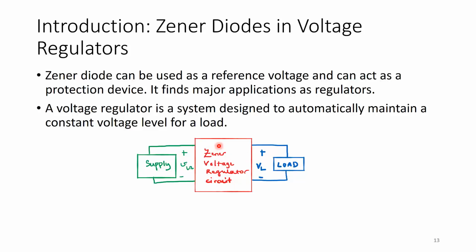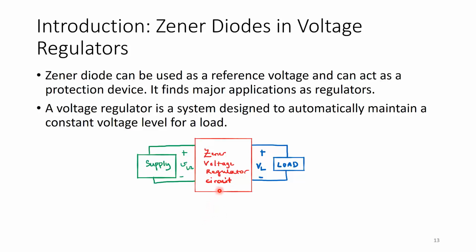So let's say I have a Zener voltage regulator here, accepting a voltage from a supply, and the supply may have some voltage variations across it, or the load itself may have some different behavior under different conditions, or different loads for different times. But if we have a Zener voltage regulator, it can be designed such that whatever variation you have within an acceptable range of the supply, the load still gets VL, or whatever resistance this load is for whatever different kind of load that we put here, the voltage across it is VL